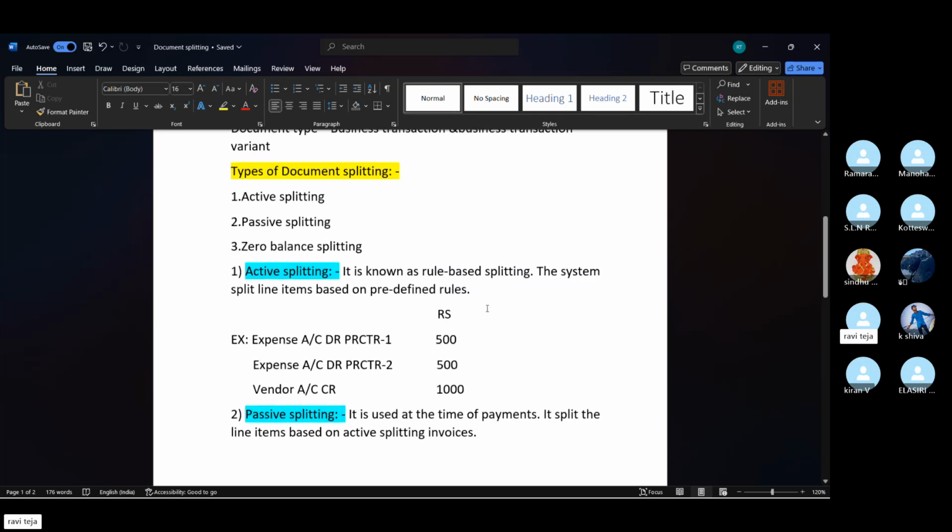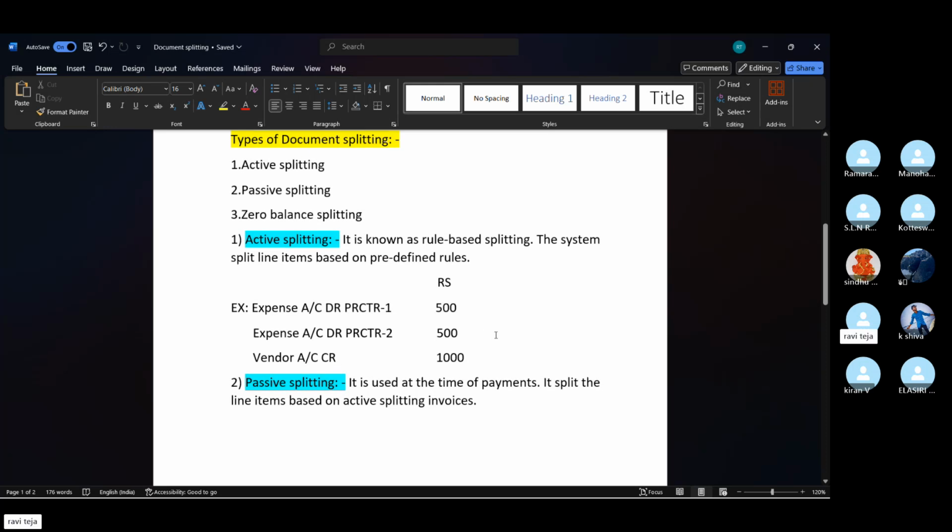For example, if we decide to extract financial statements at profit center level, and we book a transaction in FB60 with two different profit centers, such as expense account debit with profit center 1 and expense account debit with profit center 2, and a vendor account.